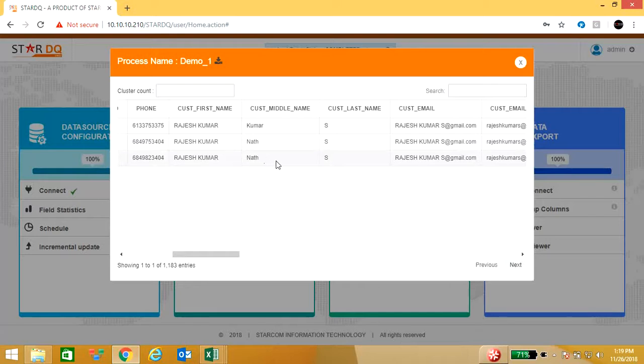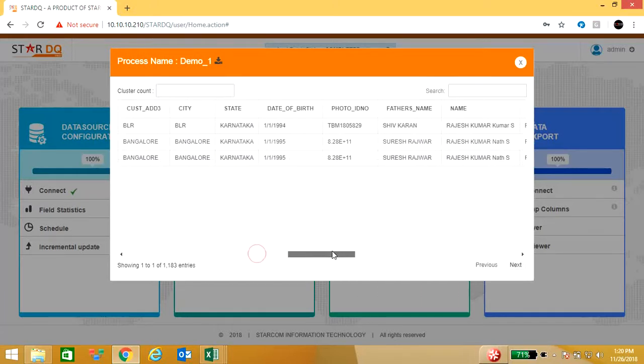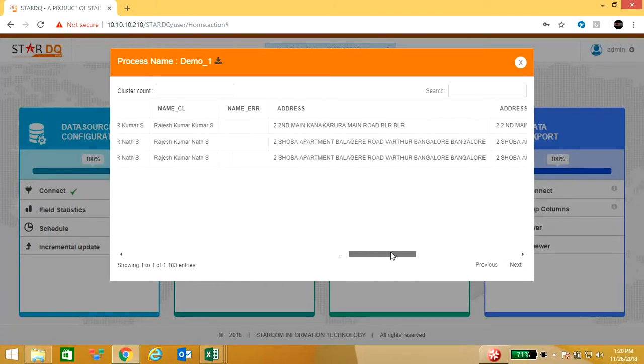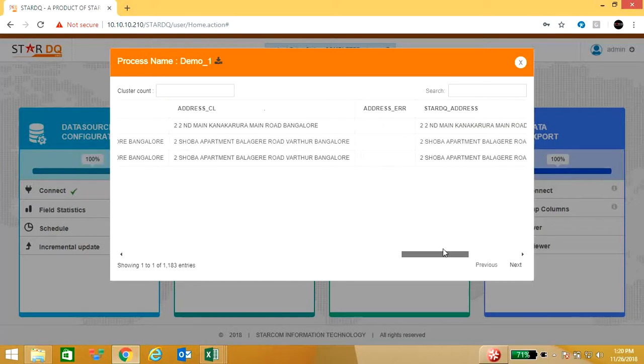So here we can see the surname or the middle name is Nath. Here it is different. But again, since the address rules which we have mentioned, for example, customer email, I have put all these rules. I have converted them into lowercase. So all these cases have been converted or transformed as per my requirements. And also, if I talk about enrichment, now we can also see that